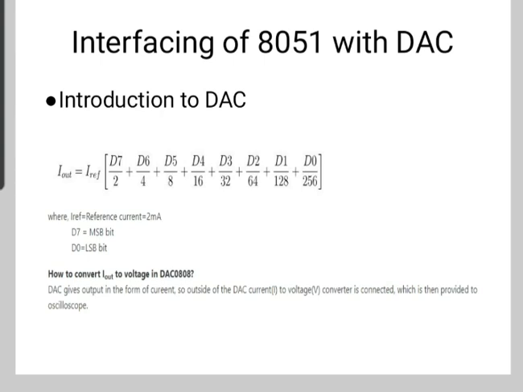And the first criterion for judging a DAC is its resolution, which is a function of the number of binary inputs. The common ones are 8, 10 and 12 bits, and the number of data bit inputs decides the resolution of the DAC, since the number of analog output levels is equal to 2 to the power n, where n is the number of data bit inputs. So an 8-bit DAC provides 256 discrete voltage or current levels of output, and a 12-bit DAC provides 4096 discrete voltage levels.